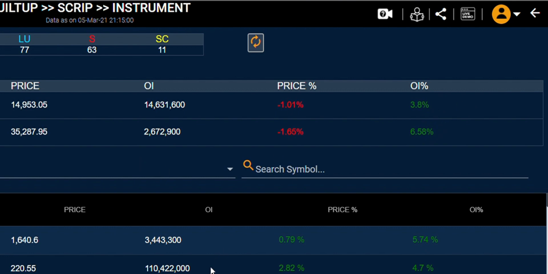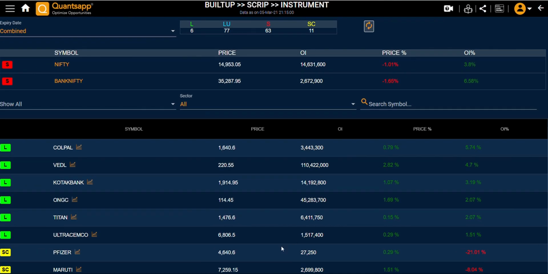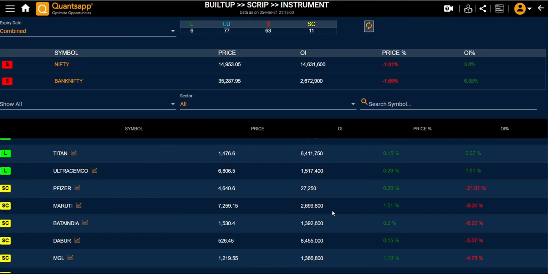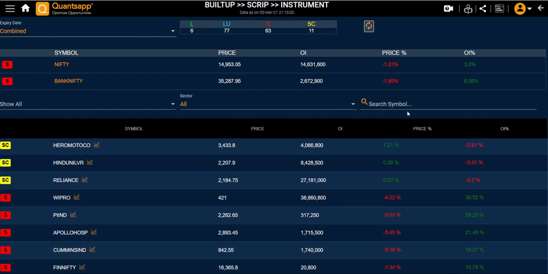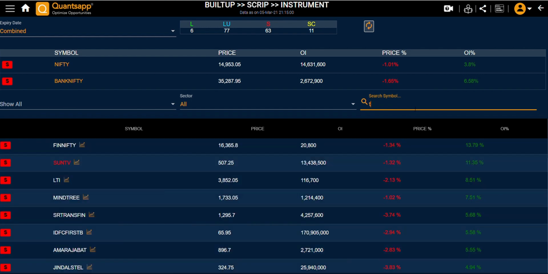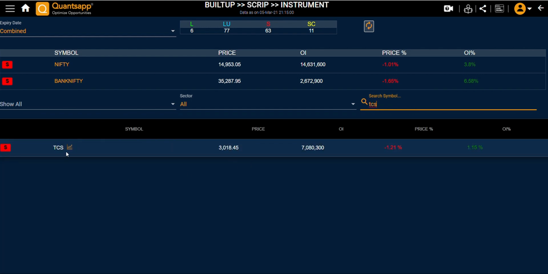Similarly, if I want to look for any script, I can find it in the below table. Apart from that, if I want to search for any particular script, I can use the search symbol. So talking about TCS, TCS has witnessed a short built up today.